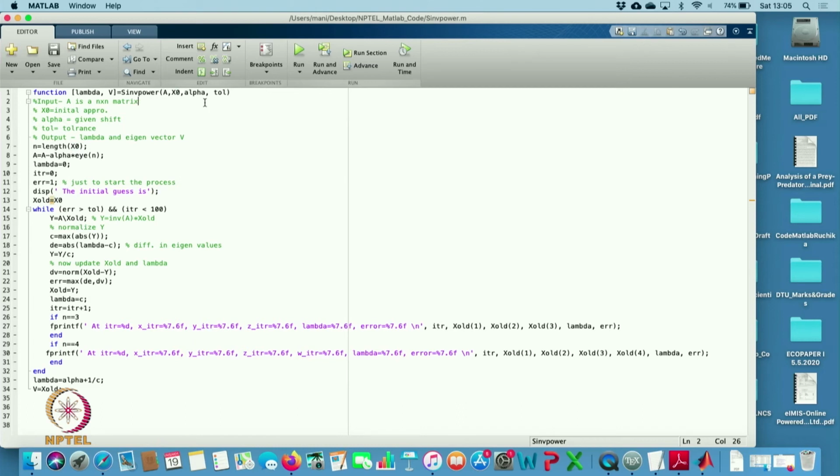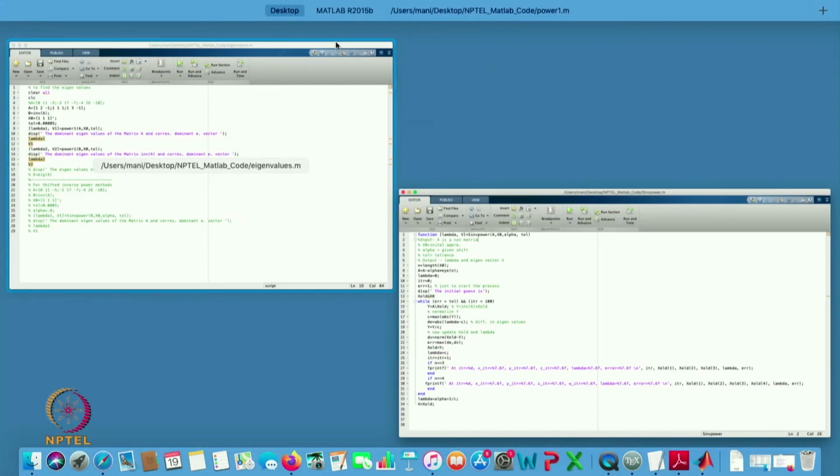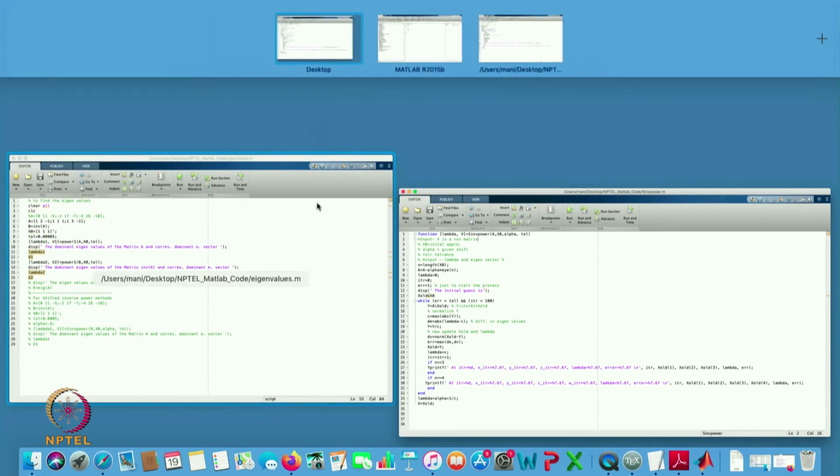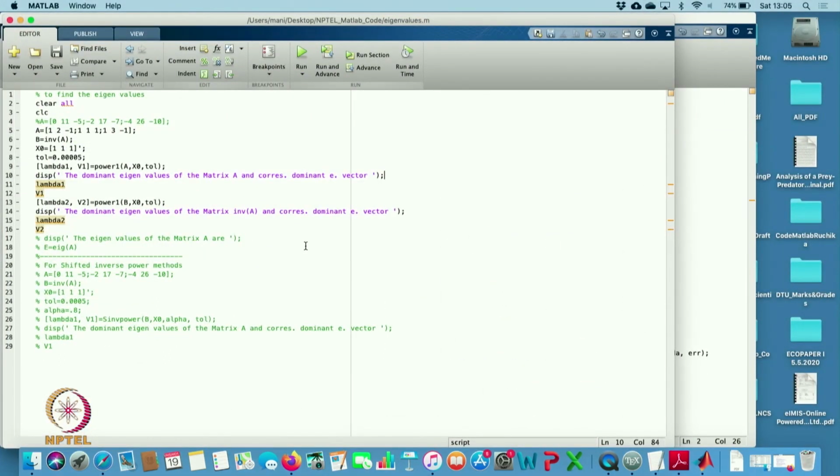So, let us run this code. So, let us start this one. Now, I will take this matrix first. If you remember, with this matrix I was able to get the maximum value 2.6 and the minimum value 0.3, and only in between there was a minus 2.0 value. So, that I want to find. So, I want to find that one using the shifted inverse power method.